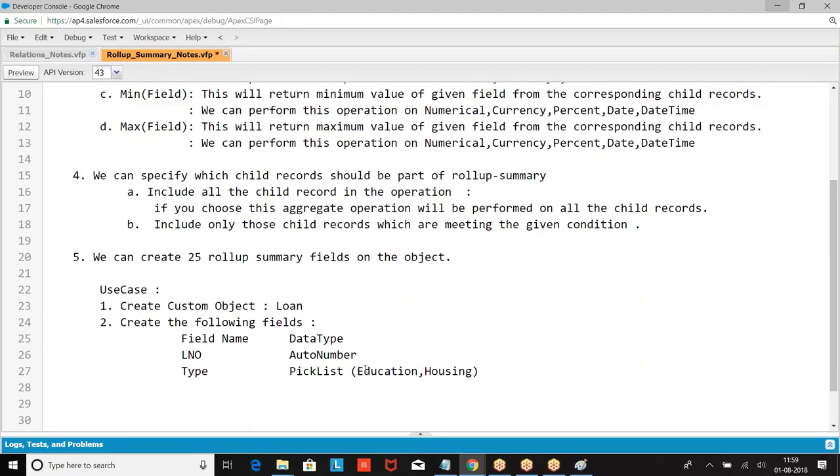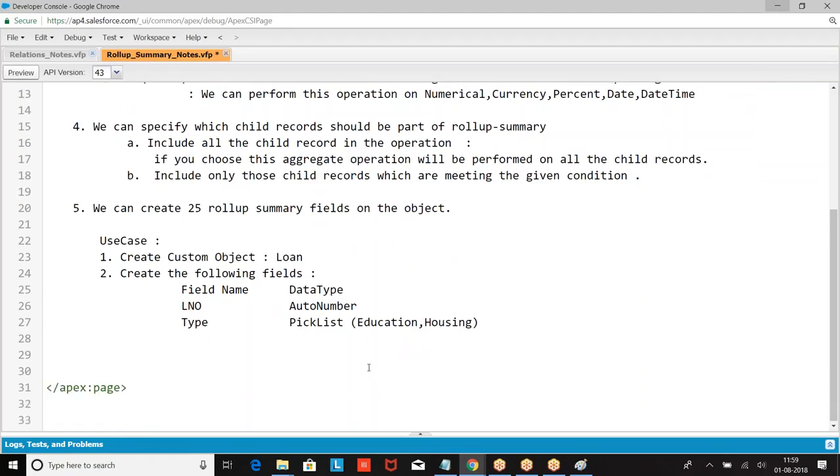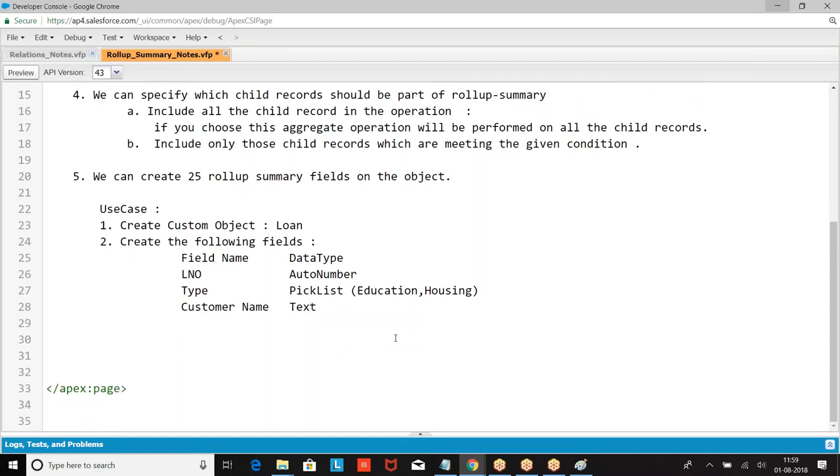Loan number, loan type. Then we had loan number, type, customer name.